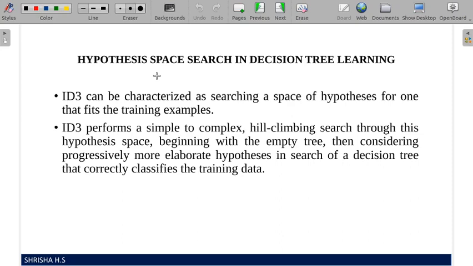So we can construct many possible decision trees, which are efficient, inefficient, and so on. What ID3 is doing is, among the many decision trees in the hypothesis space which are consistent with the data set, ID3 gives us one good decision tree.